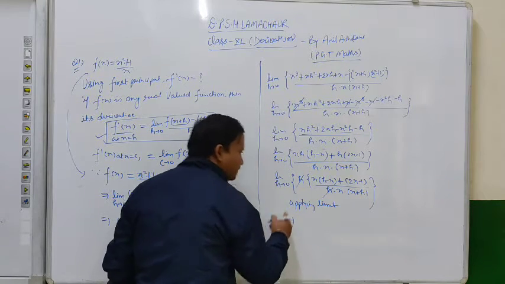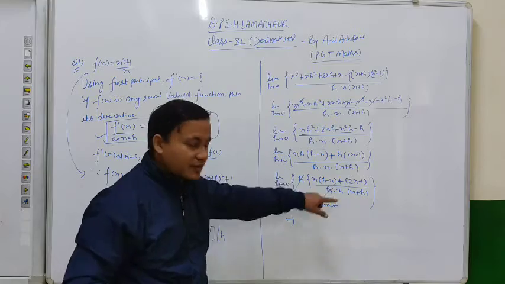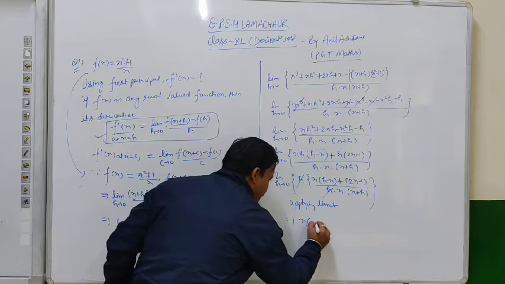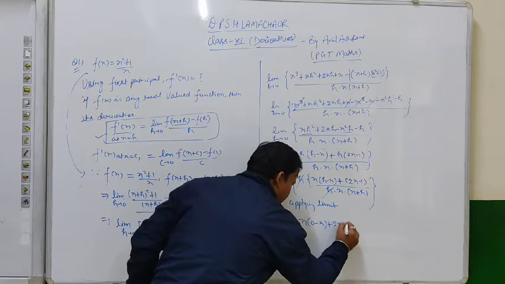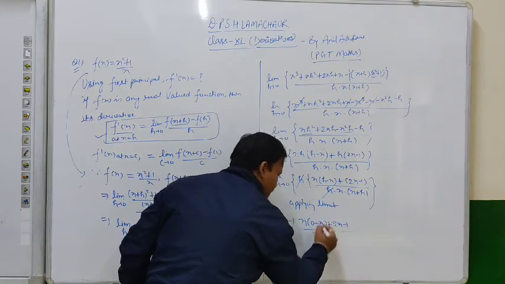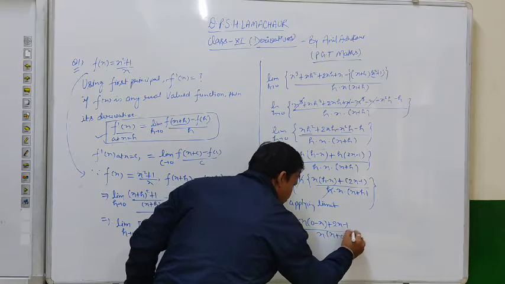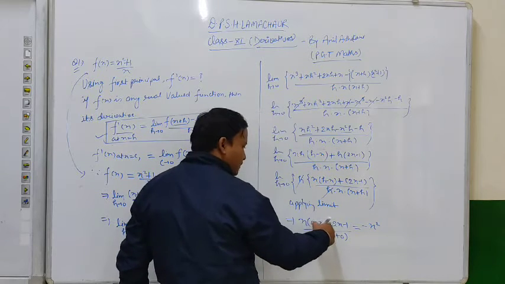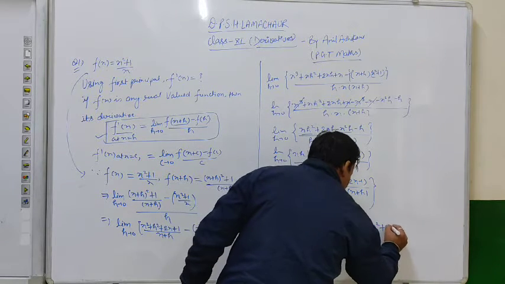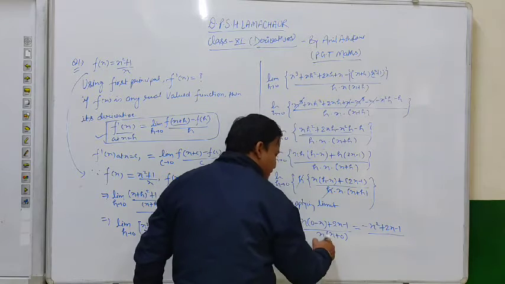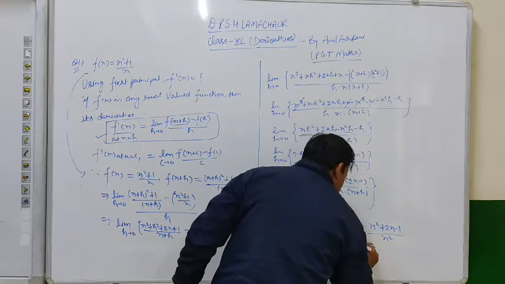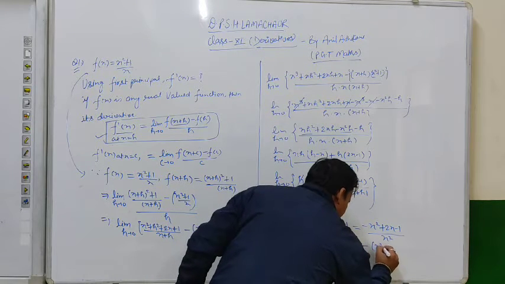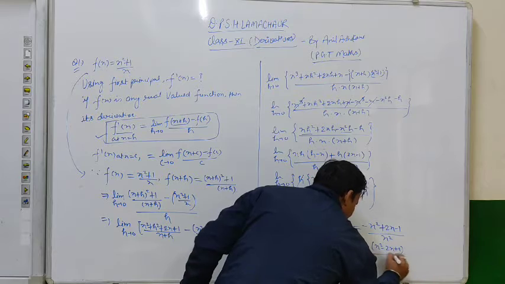What we get from here, put the value of h as 0 in the given function. Whatever remains, we will put h tends to 0. So we get in numerator x into 0 minus x plus 2x minus 1 upon here x into x plus 0, that is x into x square, okay, minus x square plus 2x minus 1 divided by x into x square. On taking minus common, suppose, this will be minus x square minus 2x plus 1 upon x square.